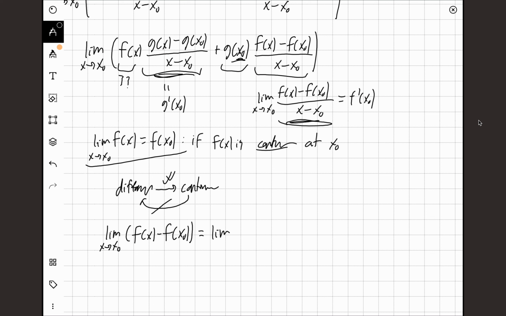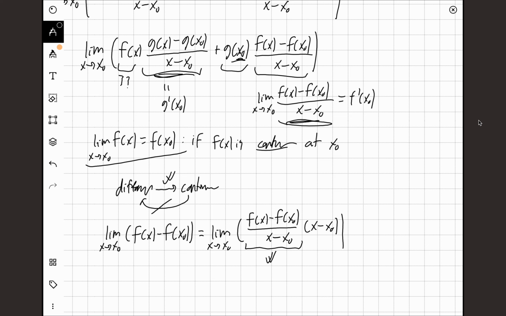It's a very powerful thing to just rearrange stuff inside of limits. We can change it into the limit of (f(x) minus f(x0)) over (x minus x0) times (x minus x0). So again, I haven't done anything. This cancels out, boom, we get the same normal expression. However, if you recognize, this again is just the definition of the derivative of f(x) at the point x0. And we assumed in our proof that f(x) is differentiable at x0, so